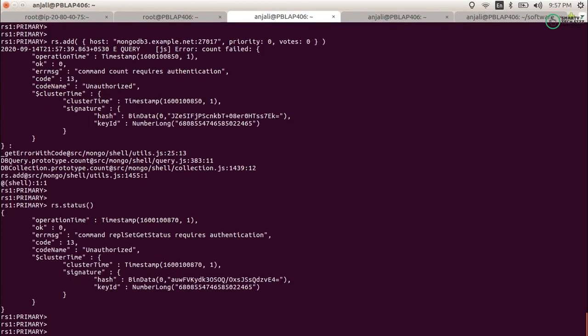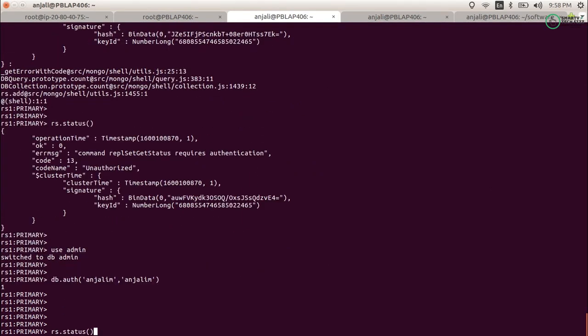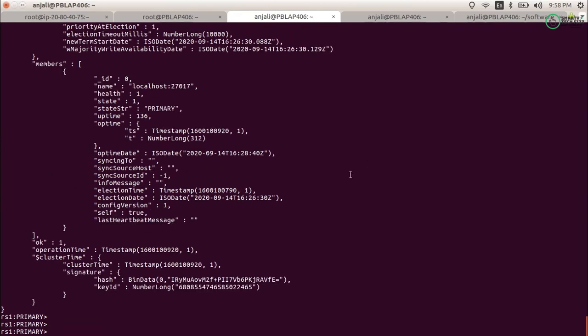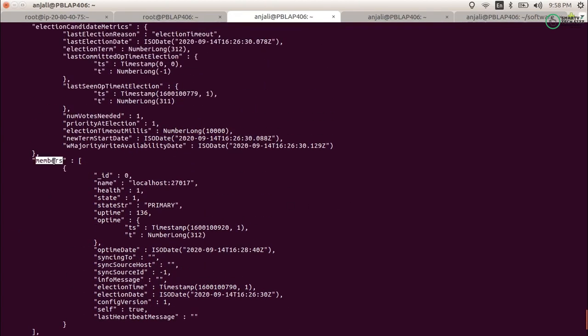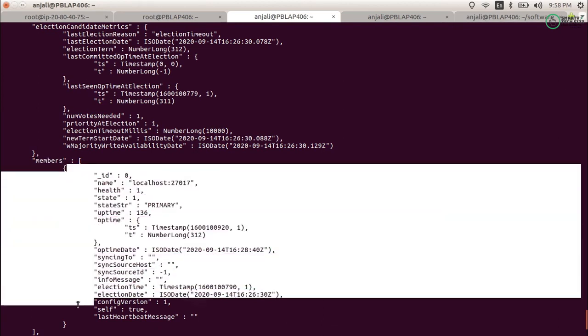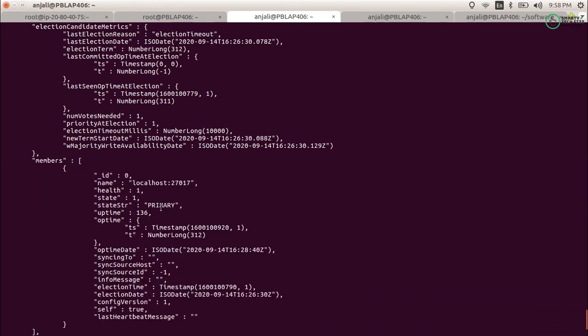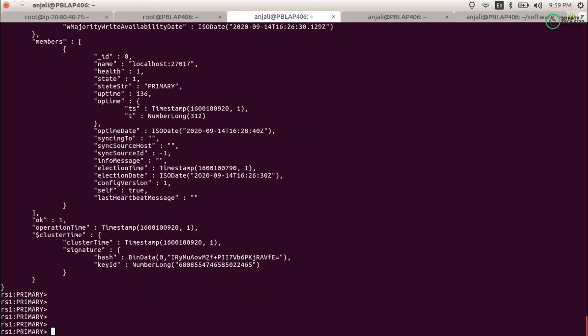In rs.status, let me authenticate to it. In rs.status you will be able to see the replica set group, and you will see the newly added member in this list. I have only one server, which is why it shows the primary state and the localhost. But if you add a MongoDB server to the already existing replica set, you will find the newly added MongoDB IP, probably in a secondary state. It will take the priority as it is. So now your member has been added.